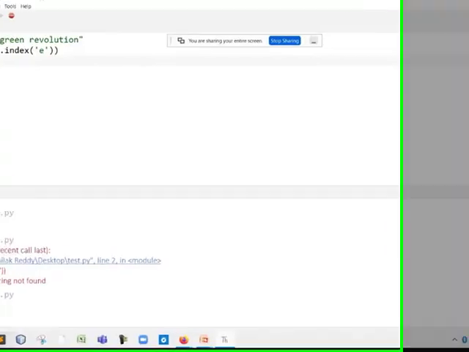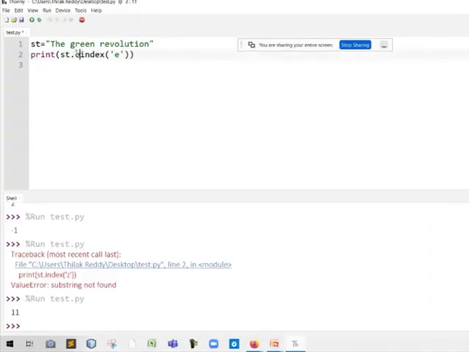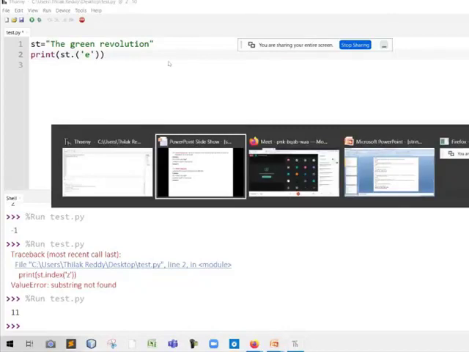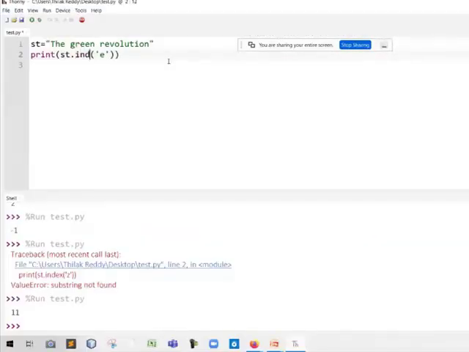Right now, rfind. What will be the output of rfind of E? Same as rindex, right? Yes, ma'am.